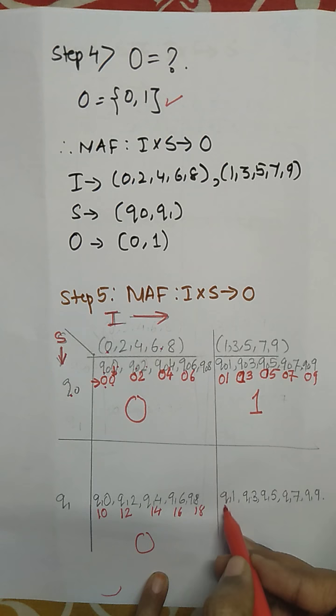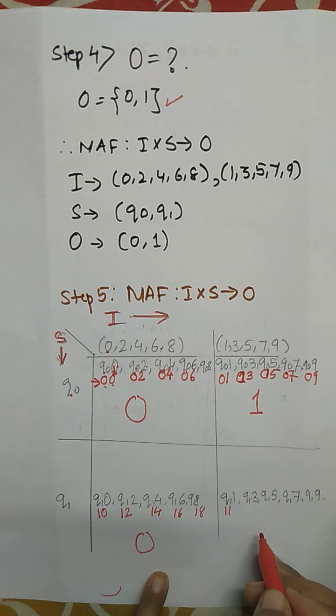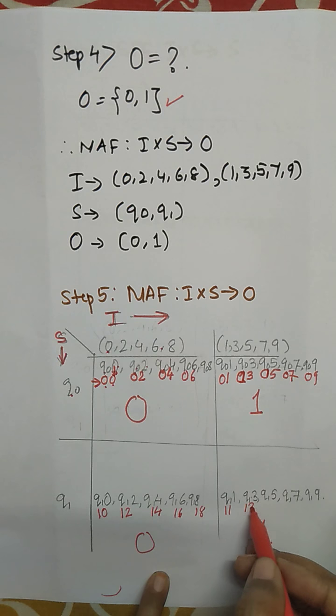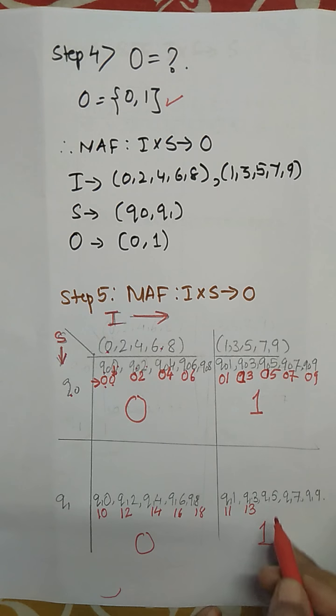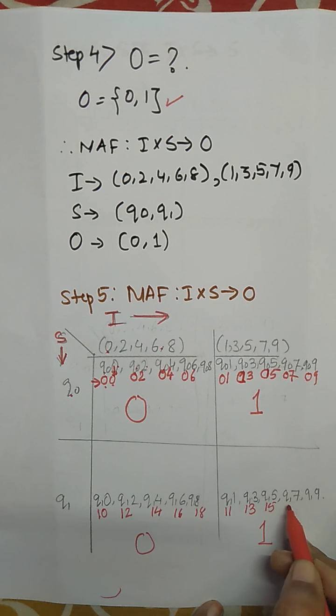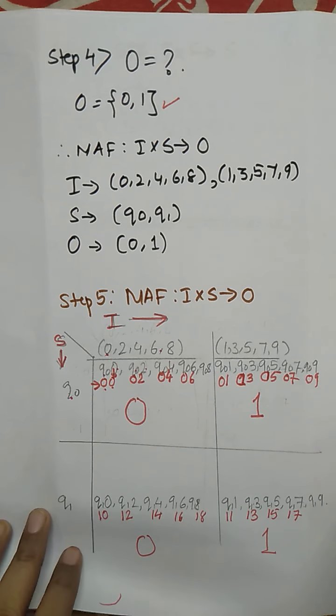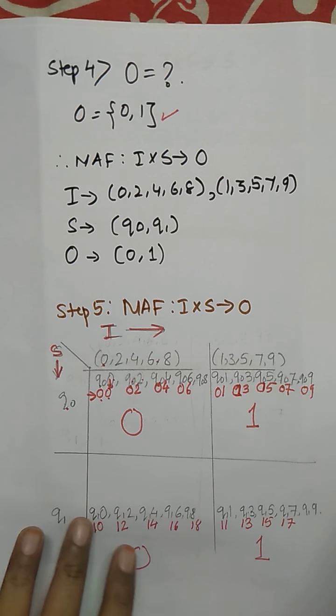Now Q1 with 1 will make number 11, where it is divisible, no, with the remainder 1. Q1 with 3 will make number 13, not divisible, with the remainder 1. Q1 with 5 will make number 15, not divisible, with the remainder 1. Q1 with 7, same thing with the remainder 1. 9 will make number 19 with the remainder 1. So this is how we have completed the machine function.